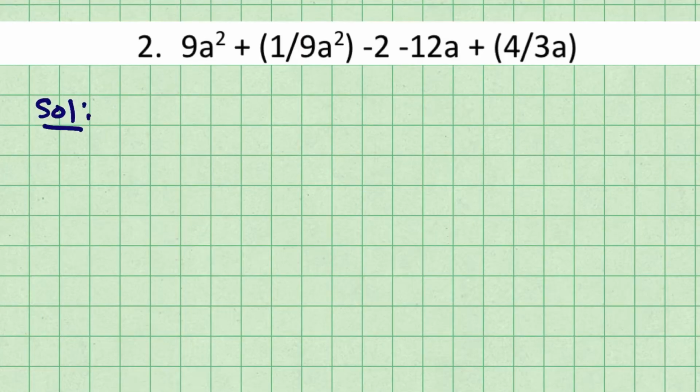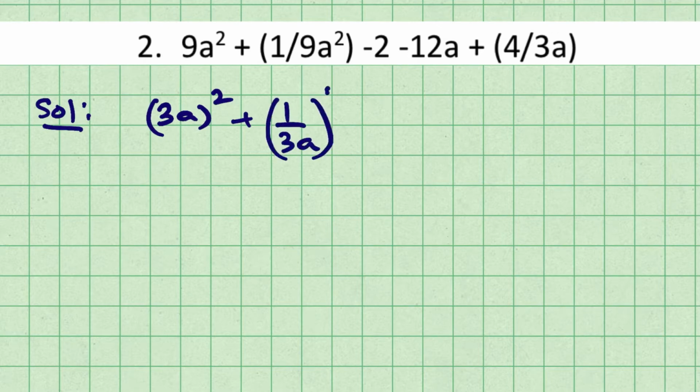Let's look at question number 2. This is pretty much the same as the first question. Here I notice that 9a square can be written as 3a whole square, and 1 by 9a square can be written as 1 by 3a whole square. Let's see if we can get other factors. Minus 2 as it is, and if I take here 4 common, we'll be left with 3a minus 1 by 3a,